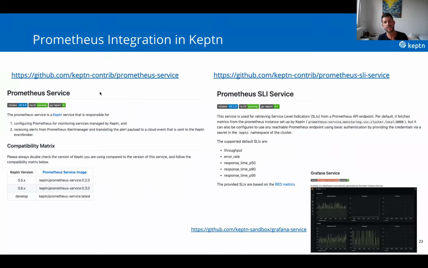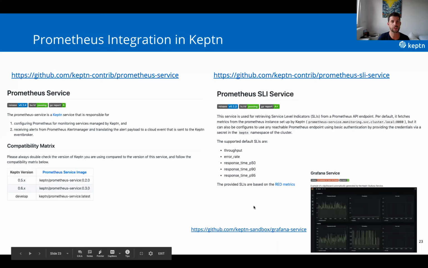And then we have the Prometheus SLI service, which is basically used to fetch the service level indicators from a Prometheus endpoint. And as said, we already put in some metrics here: the response time, the error rate, the throughput, that's already baked in. And once Keptn knows what's the name of your service and where it lives, it can automatically create this for you. And based on this, we also now have a Keptn Grafana service